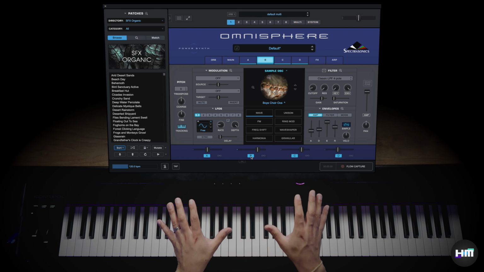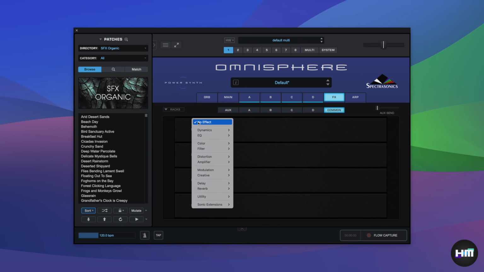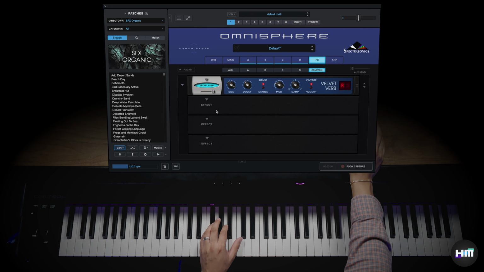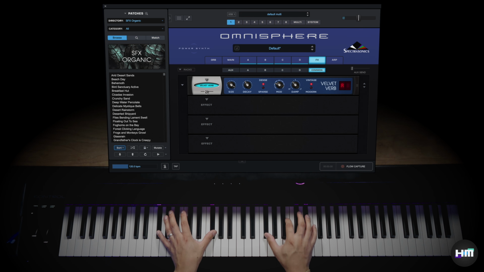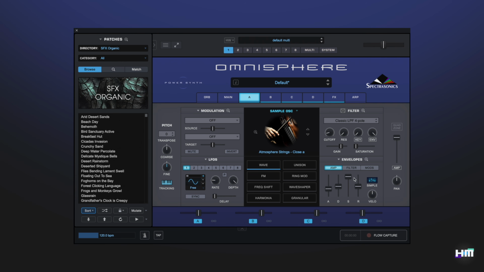Now this is the first step of this. And then I'm going to add effects like reverb. I'm going to try the velvet verb. That sounds nice. All right, so I've adjusted every sound individually